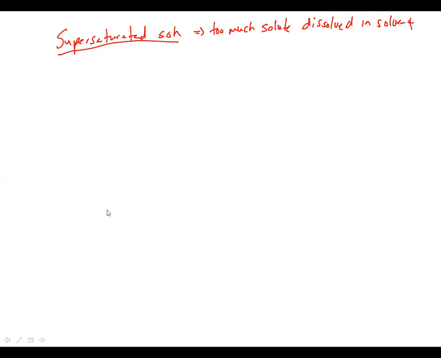And what you create basically is an unstable kind of solution a lot of times. And if you look at that solution, if you're very, very careful, when it cools back down to that 25 degrees in my example, after we've dissolved all that stuff, it will look just like a solution, but it is very unstable. It is so unstable that if you just kind of knock it a little bit, breathe on it too much or something like that,